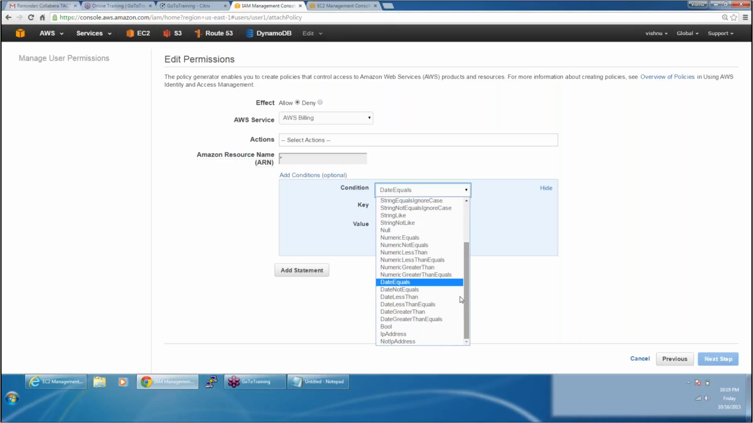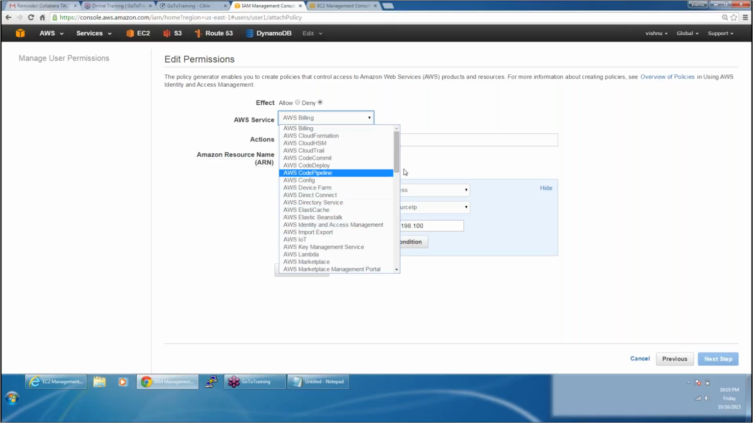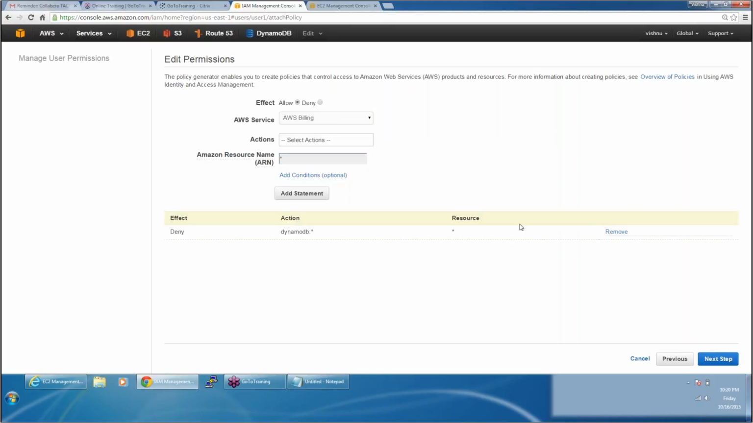If I want to restrict access from a particular source, right? If I say IP address, something like source IP, I want to allow only from this IP. Say for example, this is not going to work because this is a private IP address, right? I'm just showing you something. If I say deny something, just for an example I'm showing you. So DynamoDB, I've selected all actions, right? All DynamoDB star. If I say add statement, now if I say next step,